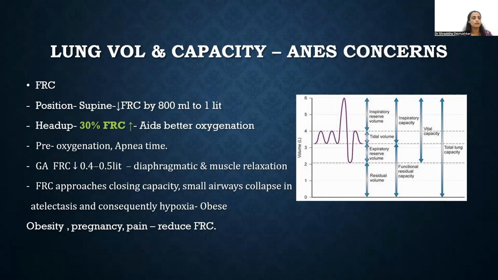So, of all those lung volumes and capacities, what is important for the anesthesiologist is the functional residual capacity. We all are big fans of functional residual capacity. So what does FRC tell me? We all know the moment the patient lies supine, the FRC drops by a liter or less, around 800 ml. It was a school book thought, or you must have seen the old anesthesiologists, they always prefer to give a little head up. Just a 15-degree head up will also improve your FRC by nearly 30%,